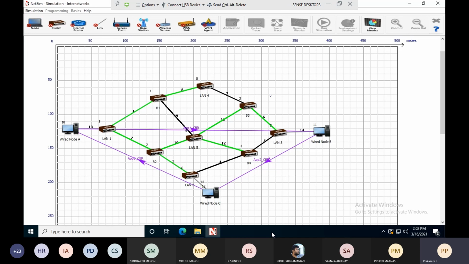The next step, assign the priority for bridges. Then note down the port priority and MAC address for each and every bridge. Then go to LAN, assign the priority for all the links connected to a particular LAN, then note down. Then next step, based on the given types of LAN, whether gigabit or fast, change the cost in all the paths for a particular LAN. If you do it step by step, definitely you will be able to proceed without any mistake.